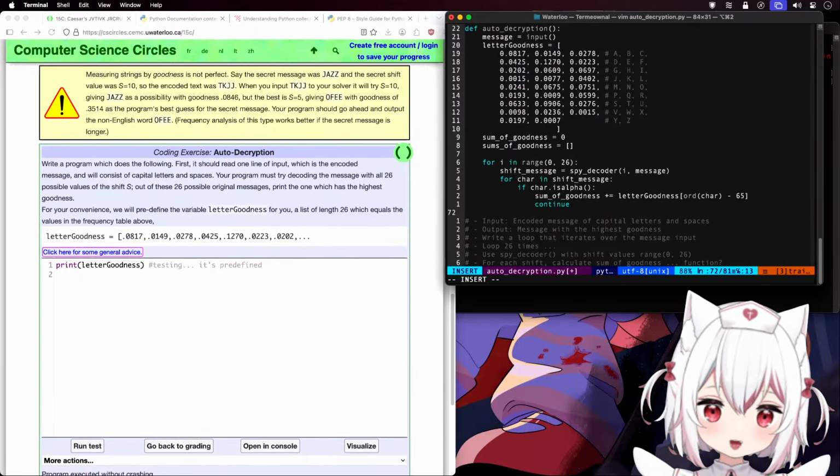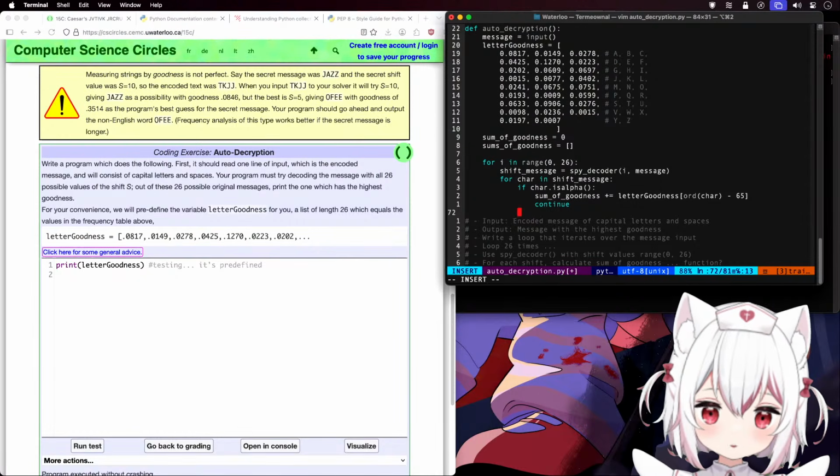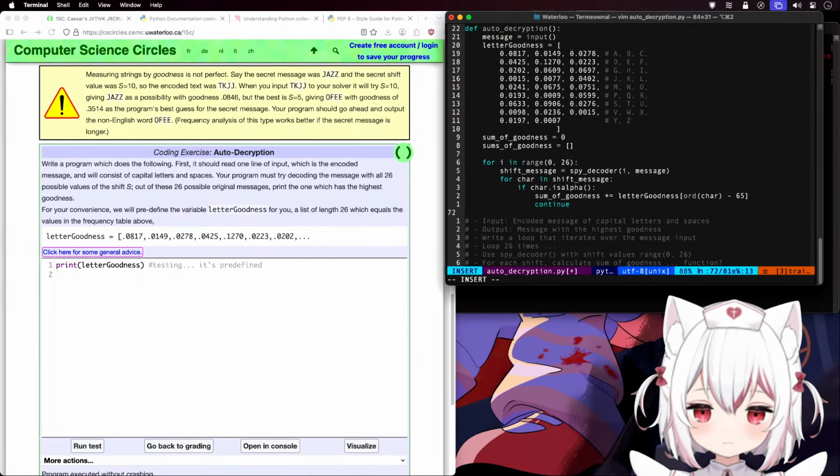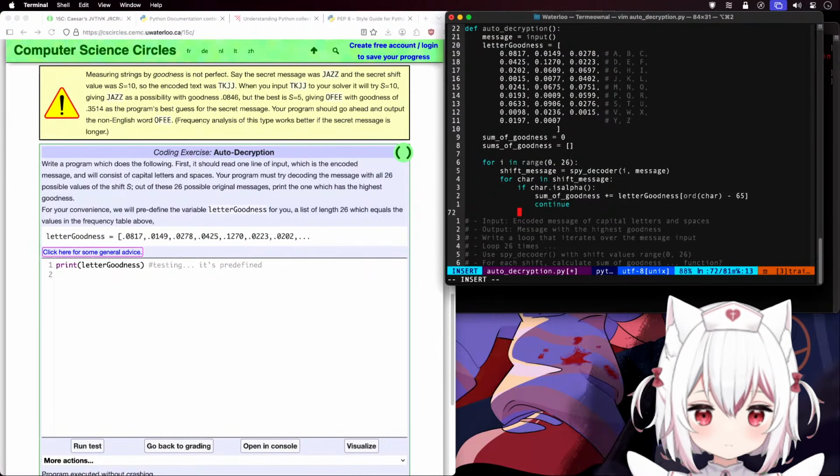And we want to keep doing that. I'm very confused right now. We want to do that for the whole word in the whole message. Shift message. But